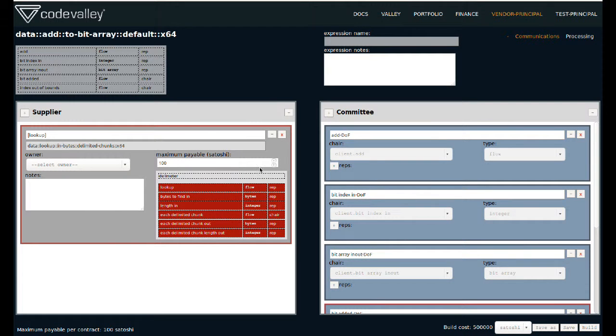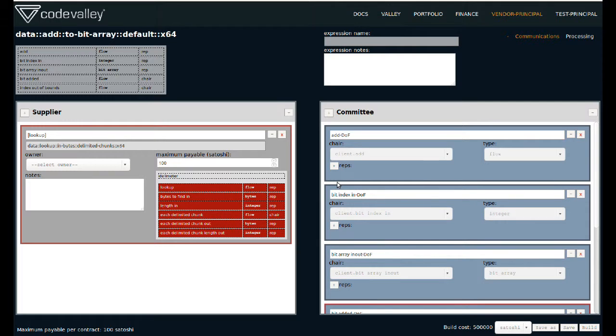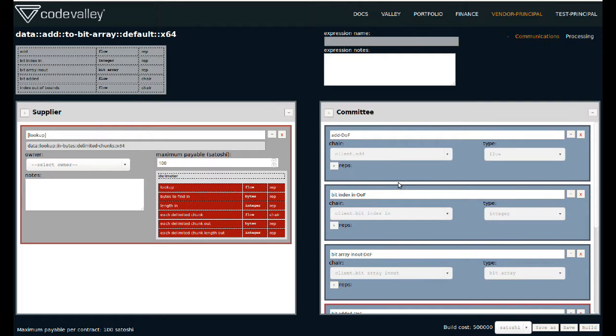And here we're going to look at how to automate our vendor to join and organize committees. So I've still got the start of the expression for add to bit array open with the partially organized doc committees to the right here. We can add other reps to these committees by selecting the little plus button here and then selecting the relevant rep. We can also add ourselves, our vendor, to these committees if we wanted to join negotiations and gain access